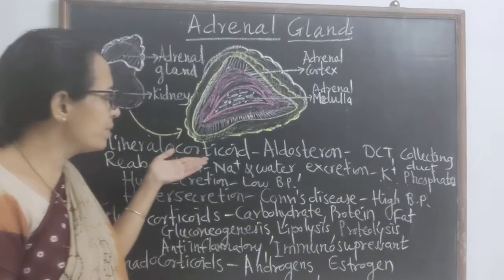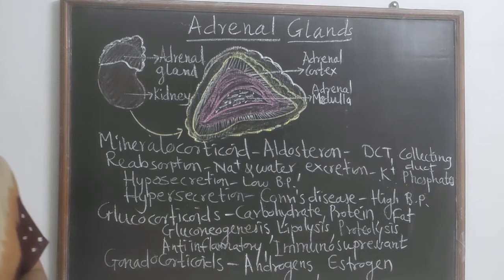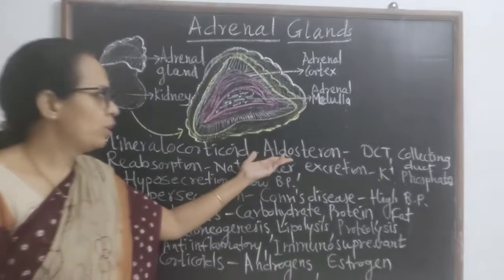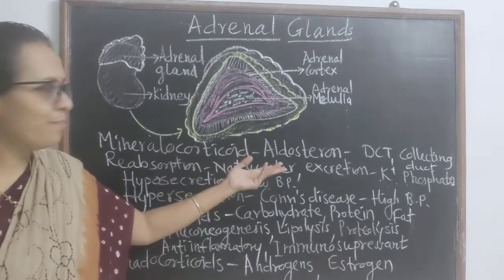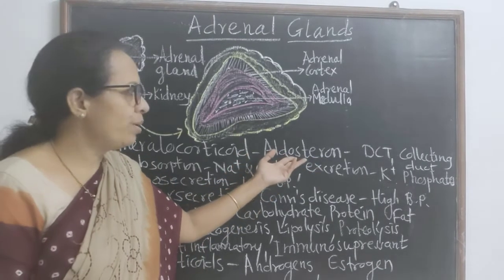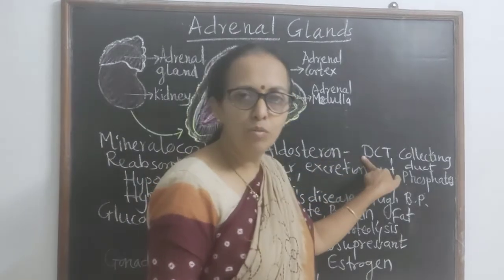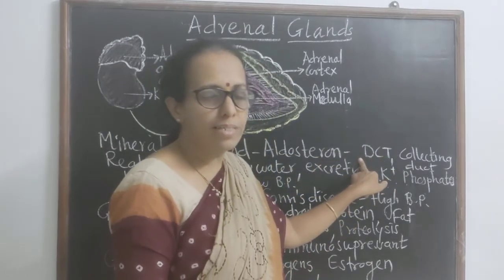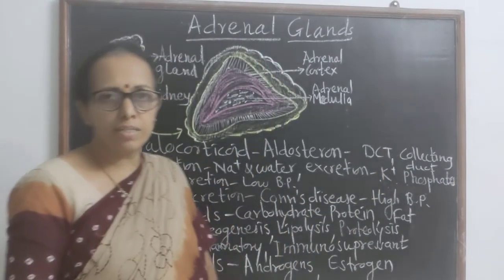The name itself suggests that it is involved in mineral metabolism, especially the hormone we have studied in the excretory system, aldosterone. Aldosterone acts on the distal convoluted tubule, the DCT, of the nephron, as well as the collecting ducts,